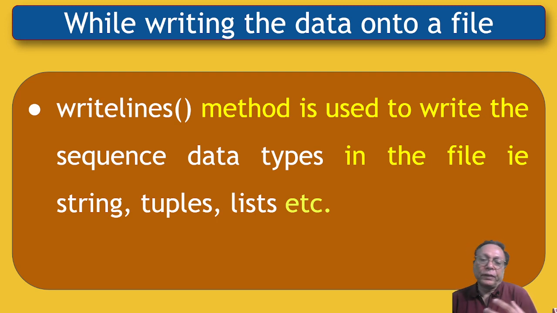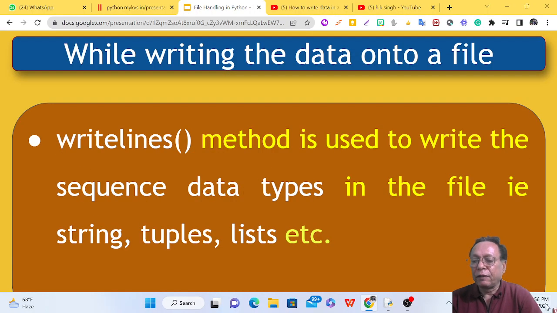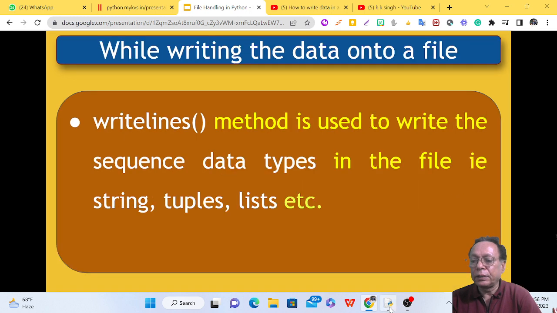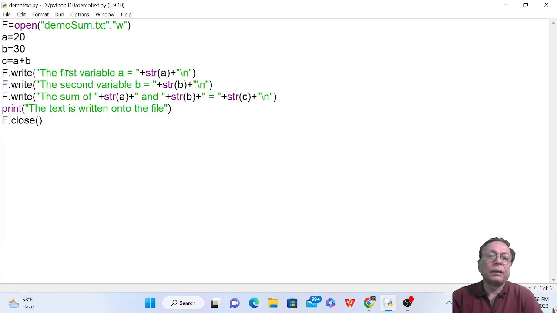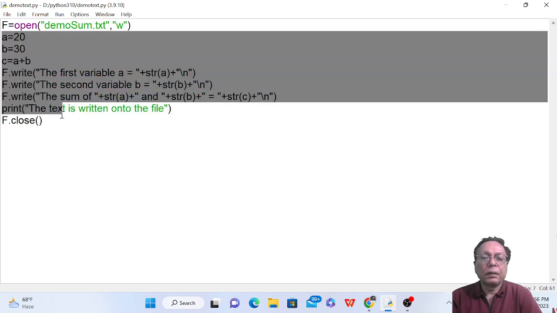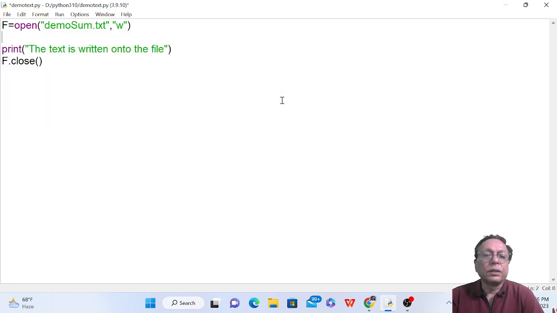It could be in the form of a string, tuples, lists or a dictionary maybe. So we'll use the writelines method in our program. So again we are moving towards our IDLE. We go back to IDLE and prepare a new program here. The name is the same, and this time we are going to write some list. L is equal to